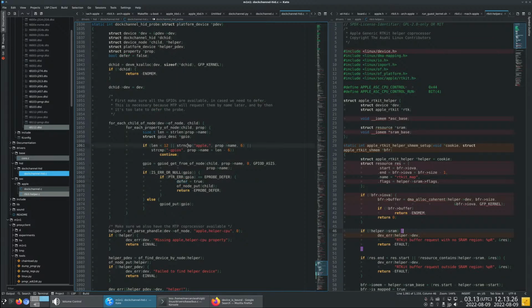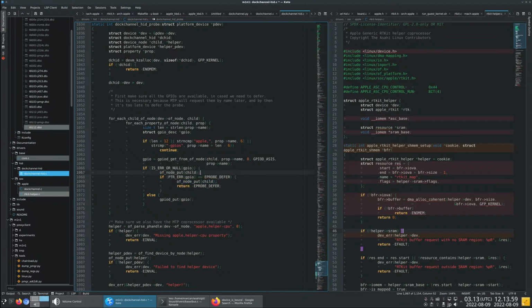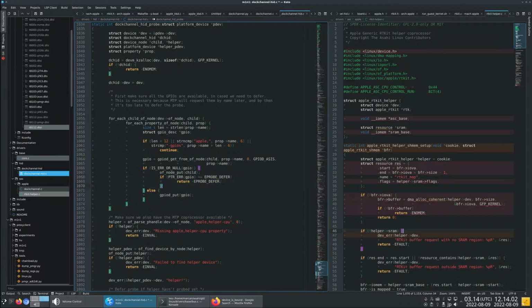Put child, return EPROBE_DEFER. So put it there. If it's EPROBE_DEFER, return EPROBE_DEFER, else